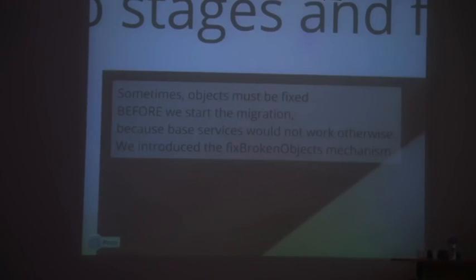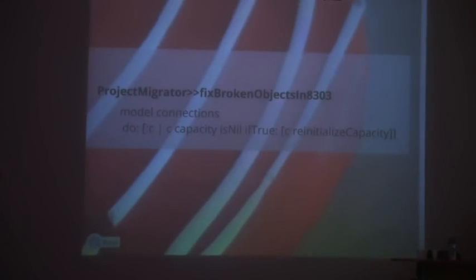To resolve that, we introduced the first stage where we do repair of the objects that cannot satisfy the current navigation. This is a little example. For instance, forcing an initialization of this capacity because the current iteration assumes that there is never any